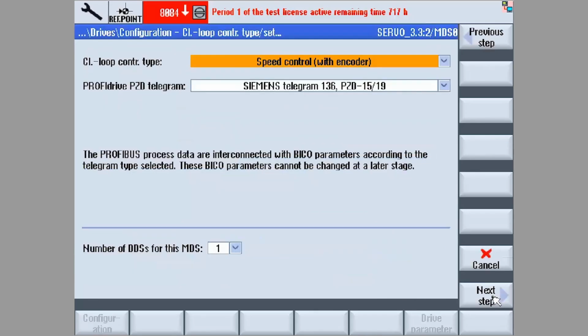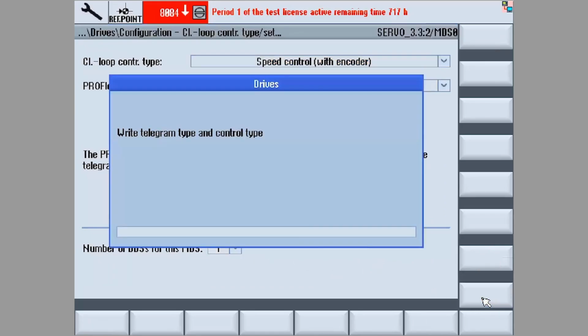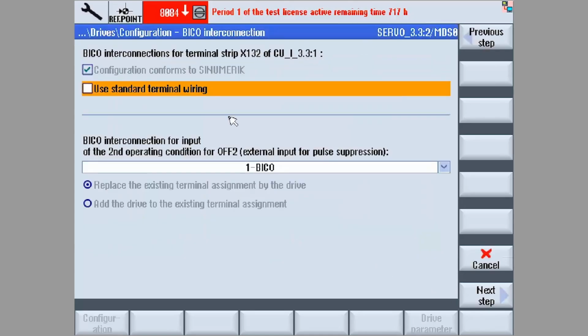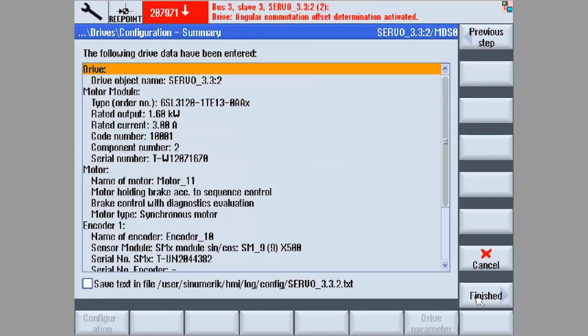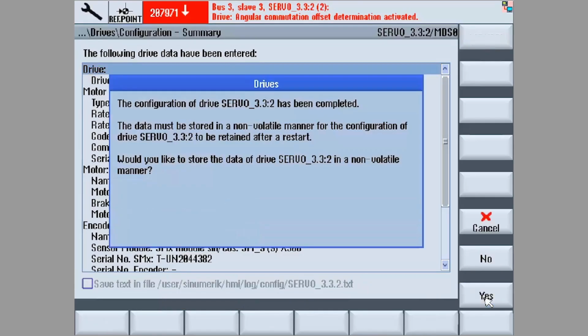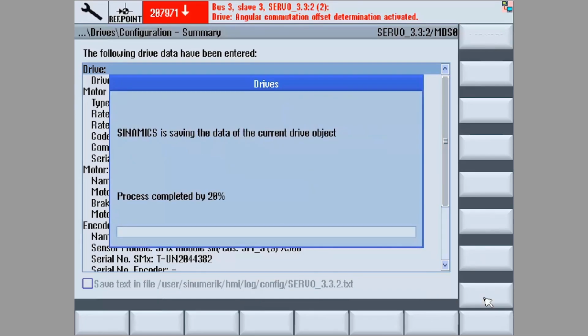Next step, standard telegram information and drive dataset number, all okay for this application. And we do want to use standard terminal wiring. Next step, here we have the option of saving the configuration information as a text file. If we don't need to do that, we can just select the finished soft key. And then we must acknowledge this dialog window asking if we want to save the information in a non-volatile manner. Once that's done,